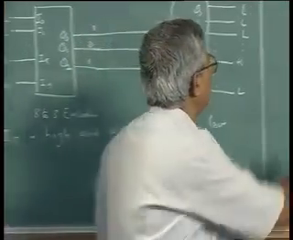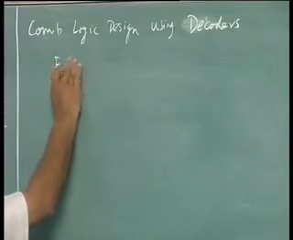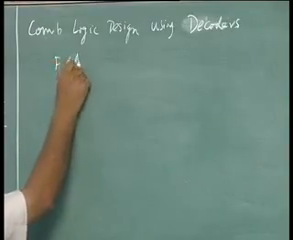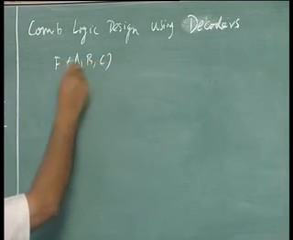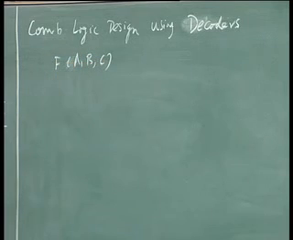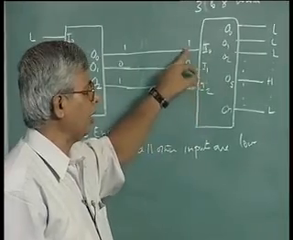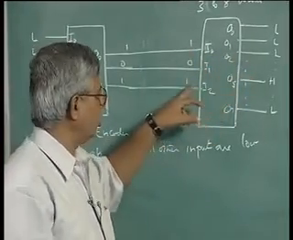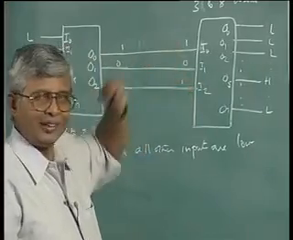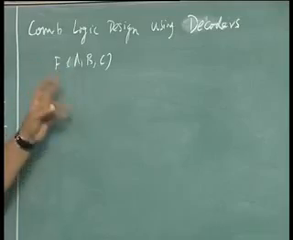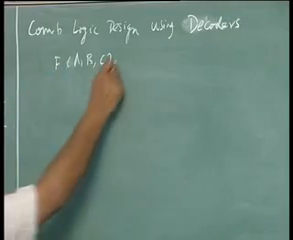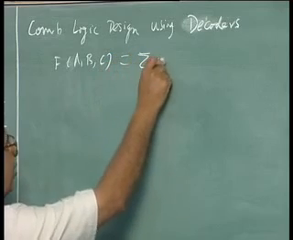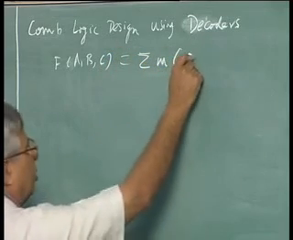Suppose I want to realize a function F of A, B, C, A being MSB and C being LSB. You have to be always very clear when you say all these things, which is MSB, which is LSB. Here I am considering this as the MSB, this as LSB. So when you map it, I should connect A to this, B to this, C to this. That's why I am writing in this fashion. F of A, B, C will be equal to sigma, let us say, arbitrary, whatever you want, 1, 0, 1, 4,